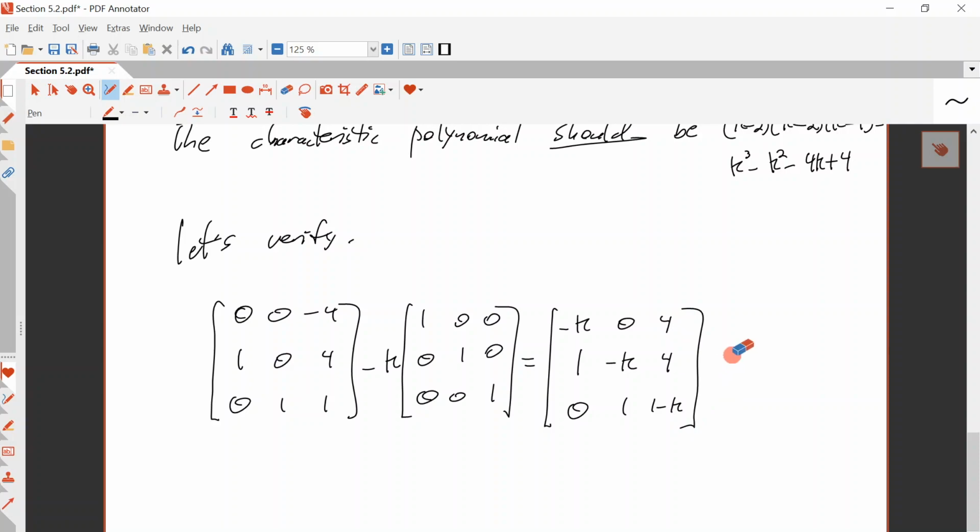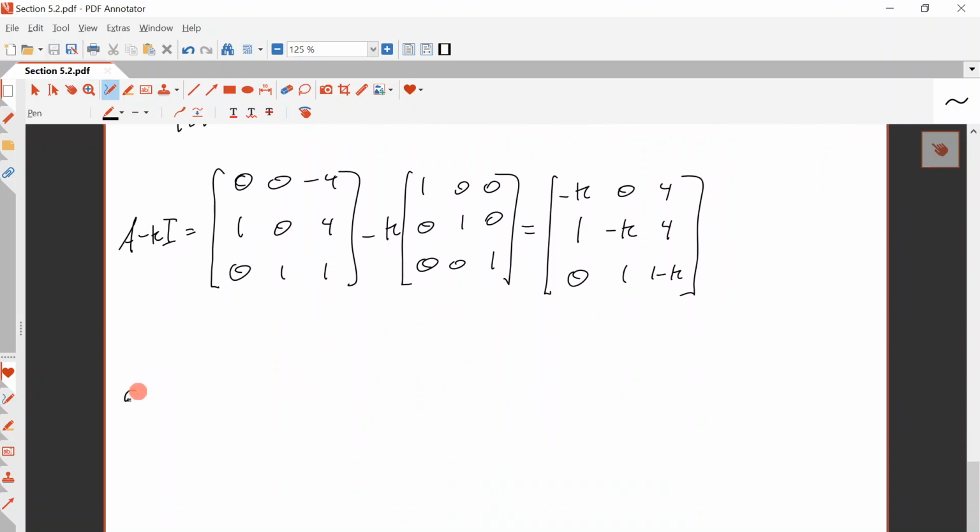Okay, so that's equal to A minus kI, where we don't specify what k is, we make it an unknown. So now the determinant of this matrix,